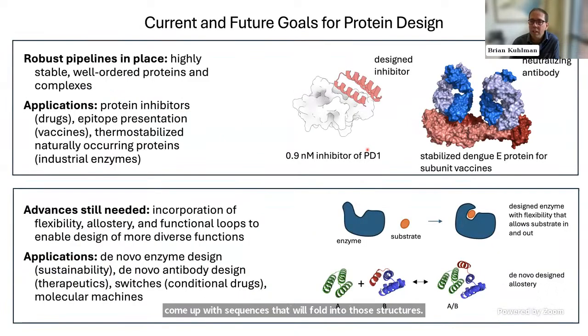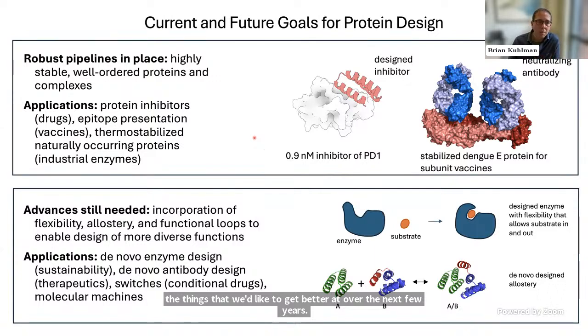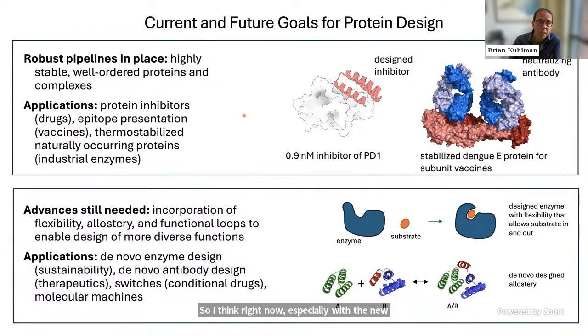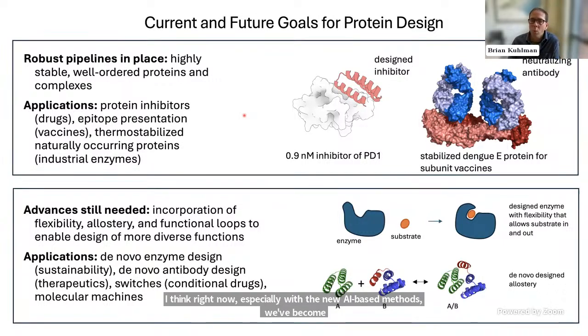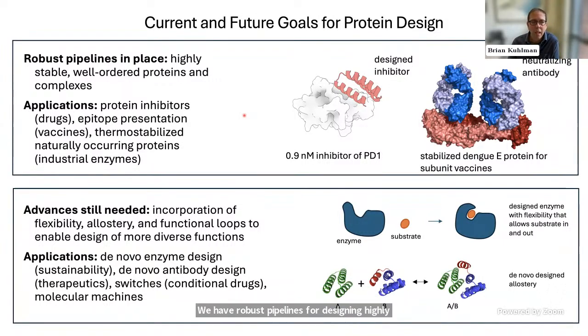I'd just like to finish with a summary of where I think we are in the field right now, what we're really good at, and some of the things that we'd like to get better at over the next few years. Right now, especially with the new AI-based methods, we have robust pipelines for designing highly stable, well-ordered proteins and complexes. This is useful for creating protein inhibitors, presenting epitopes for vaccine design, and stabilizing naturally occurring proteins. Moving forward, these are problems that we're already working on, but I think we still need to get better at